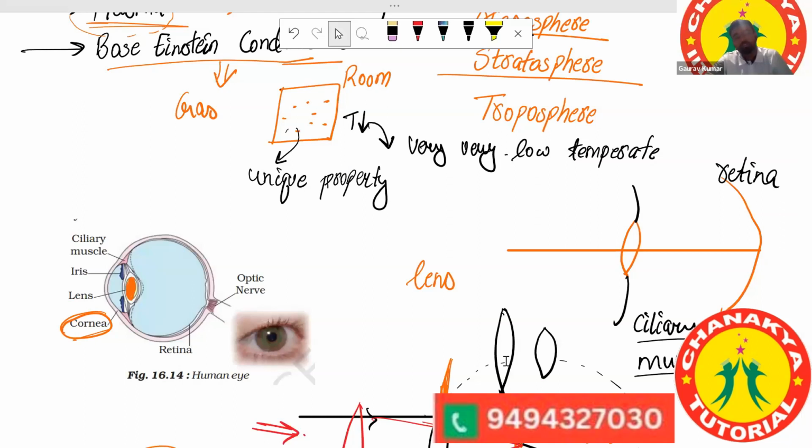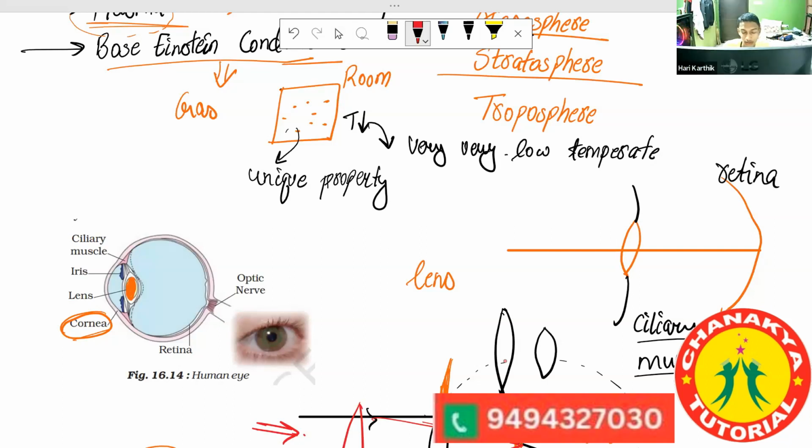What was your question? Contact lens, sir. Contact lens, yes. So contact lens itself is a type of lens. You think by yourself that if we are using our normal glasses as an external medium, then contact lens is also an external medium, so that contact lens cannot go inside the cornea. Cornea is our outermost protective layer, and nothing can cross through the cornea.